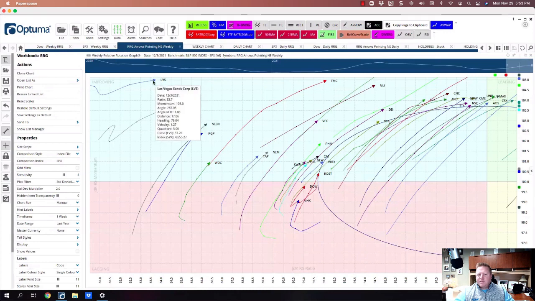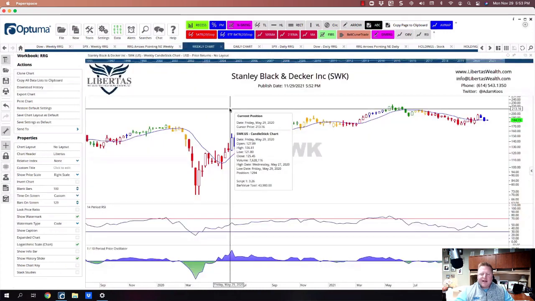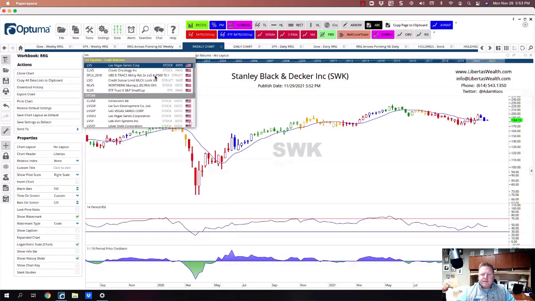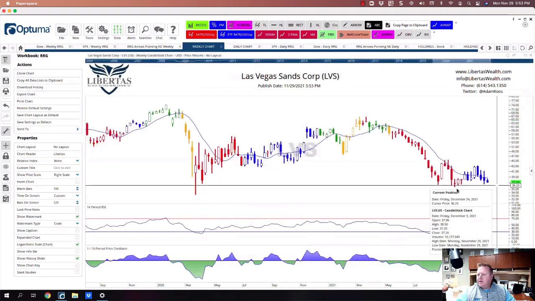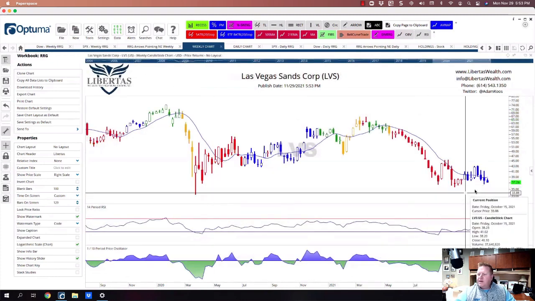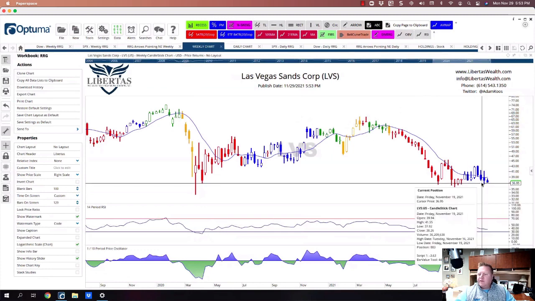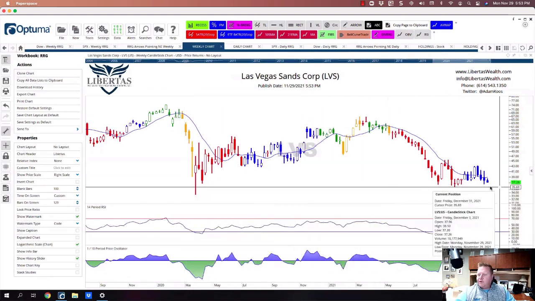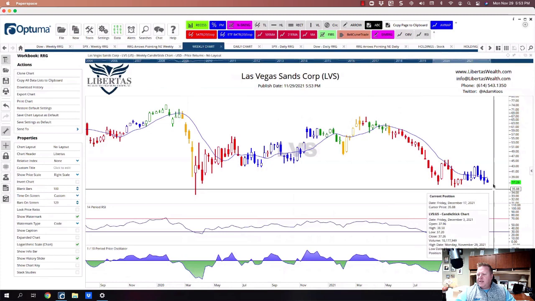Las Vegas Sands, just because it's way up here, I'm going to look at it, and then maybe this will be the last one we look at. LVS. So, no. The only reason I would even consider this one is, again, the first thing I saw is big, huge candles,